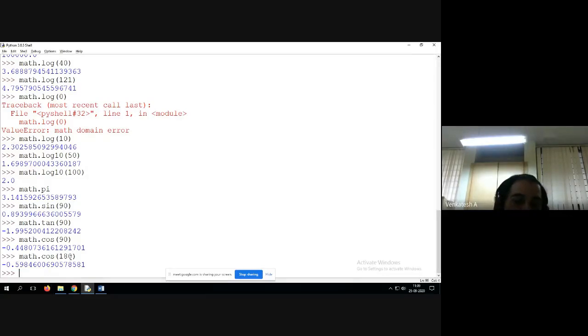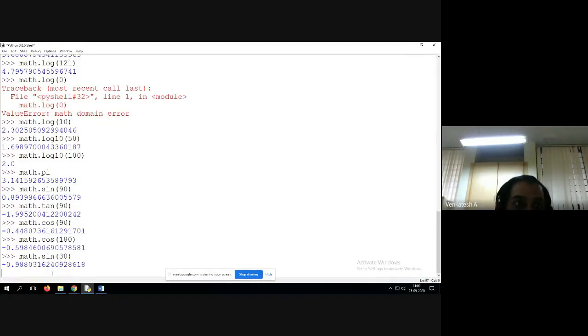See, theta values you can see like this. Math.sin of 30 degree. Okay, something it's showing.